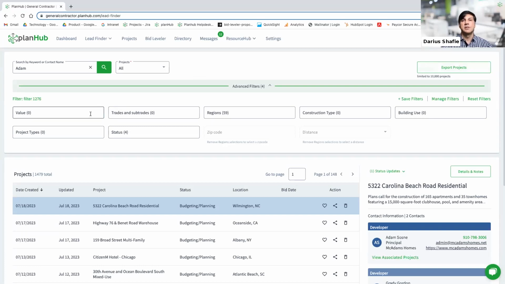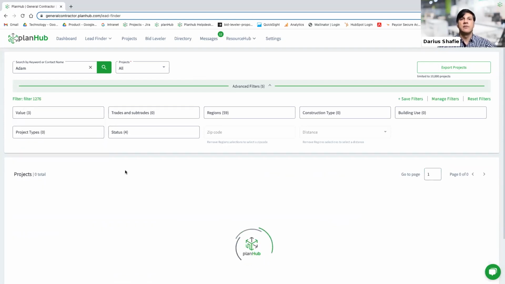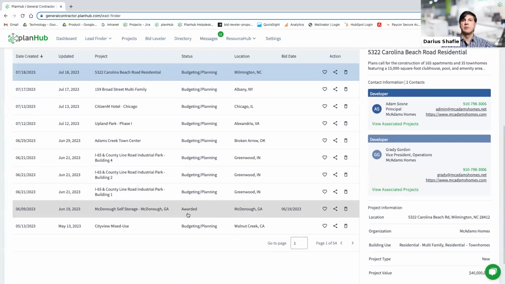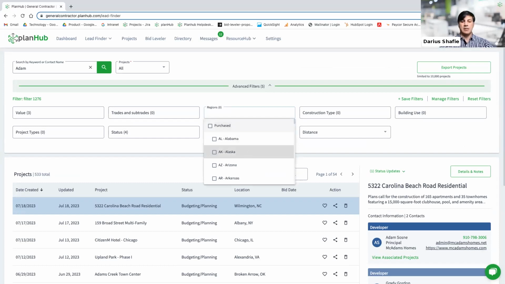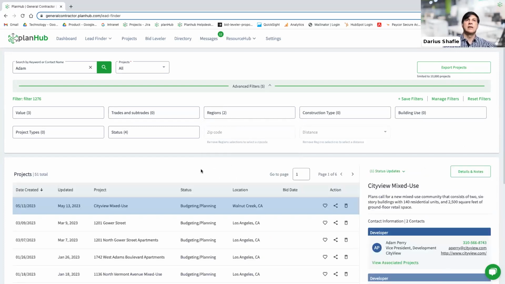We have the following filters that you can use to basically zero in on the projects that you'd like. For example, if I'm only interested in projects that are in the $20 to $30 million range or $30 to $40 million range, I'll also add them to 20. When I choose those filters, we'll come back with the results, and we'll basically narrow down those projects based on your inputs. I might want to be interested in only certain projects, maybe in California. So I'm just going to search for projects in California. And then we'll also narrow down that.